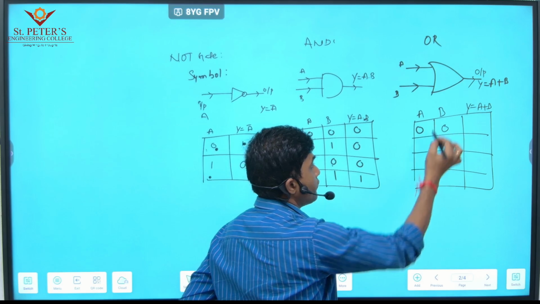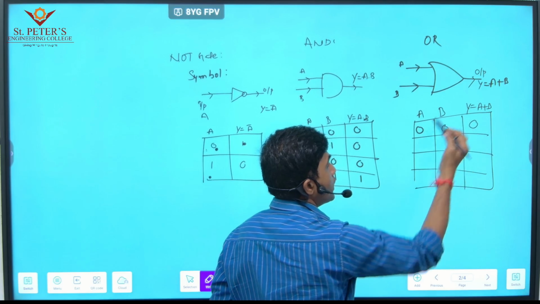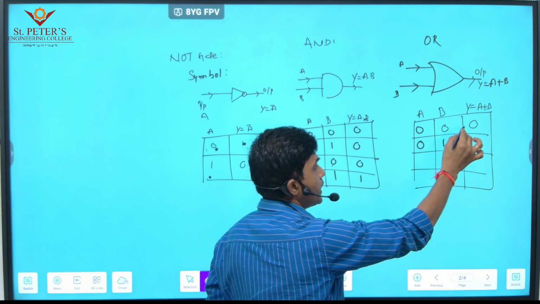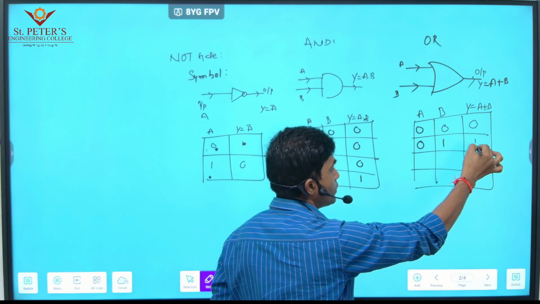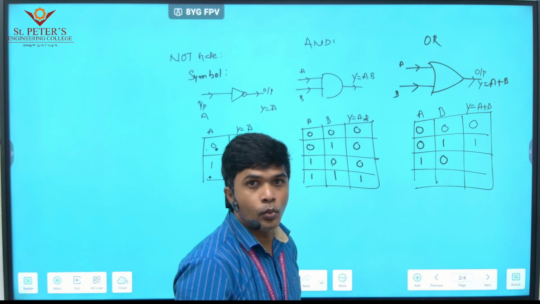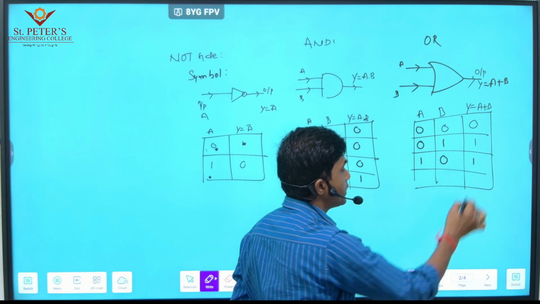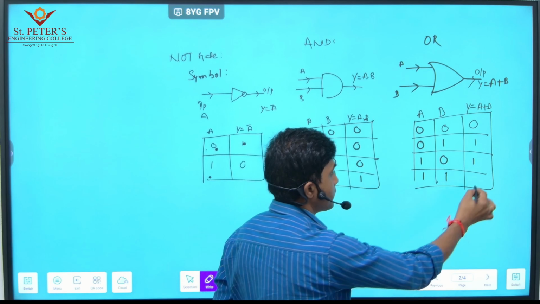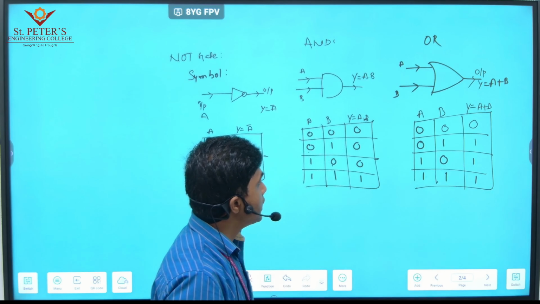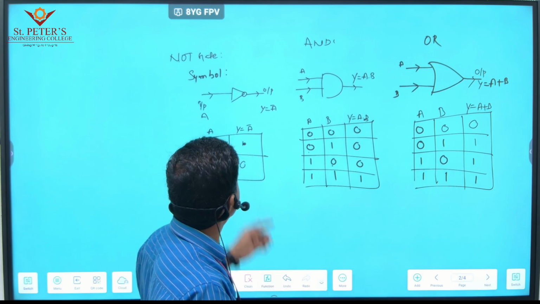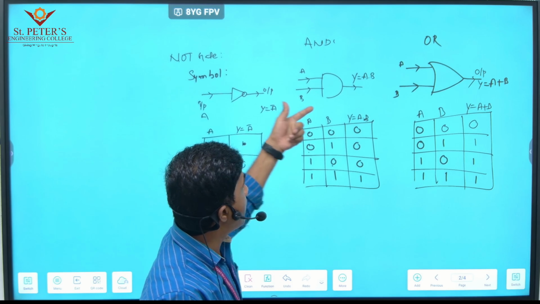If A equal to 0, B equal to 0, A OR B is 0. A equal to 0, B equal to 1, A OR B is equal to 1. Next, A equal to 1, B equal to 0, 1 OR 0, that is 1. Next, A equal to 1, B equal to 1, 1 OR 1 is 1. So if you observe here, if at least one input is 1, then the result becomes 1. So this is about your NOT gate, AND gate, OR gate,